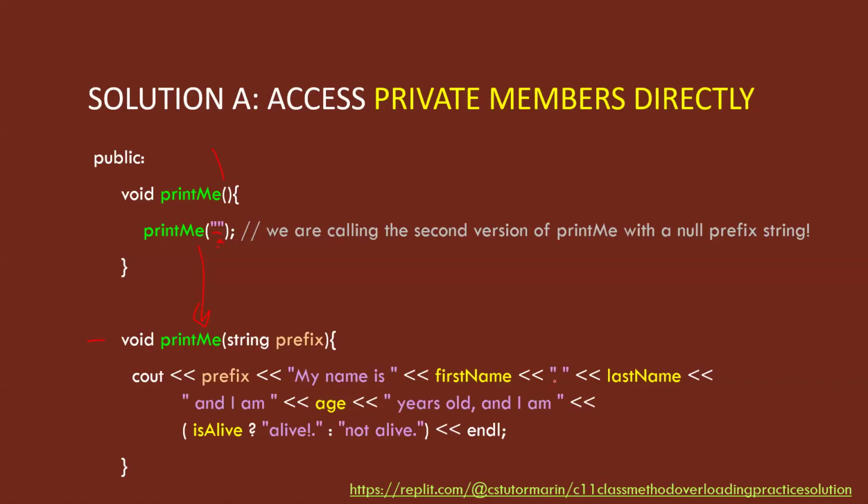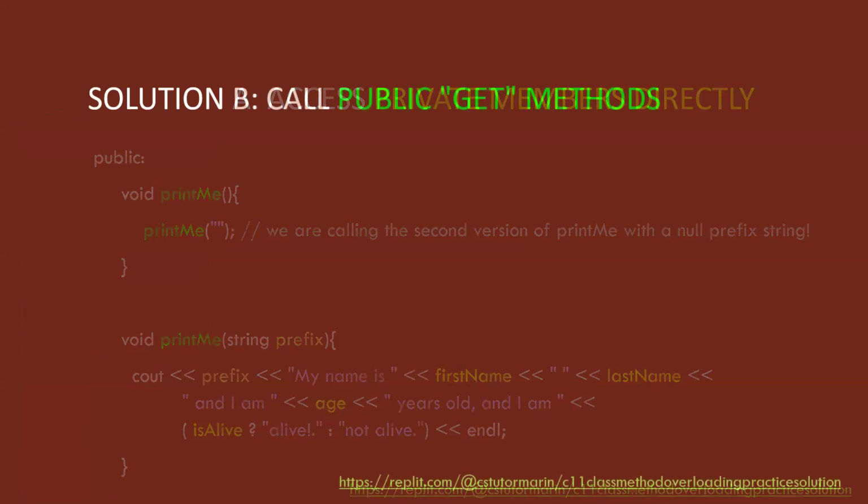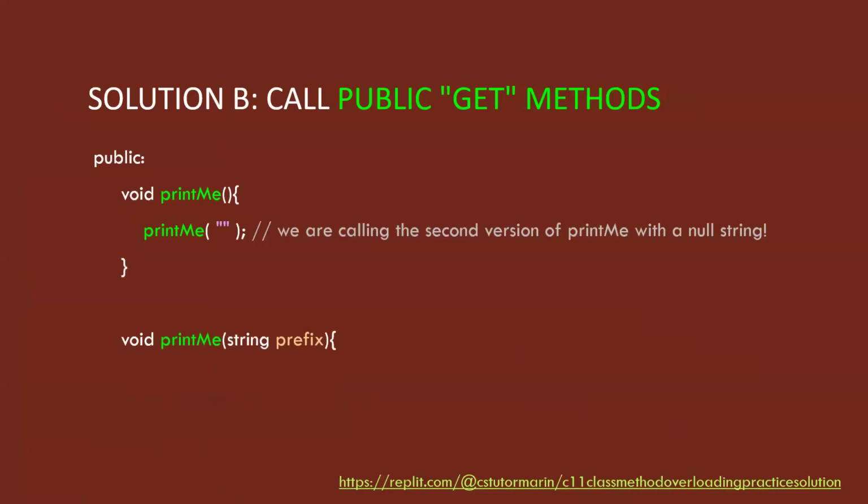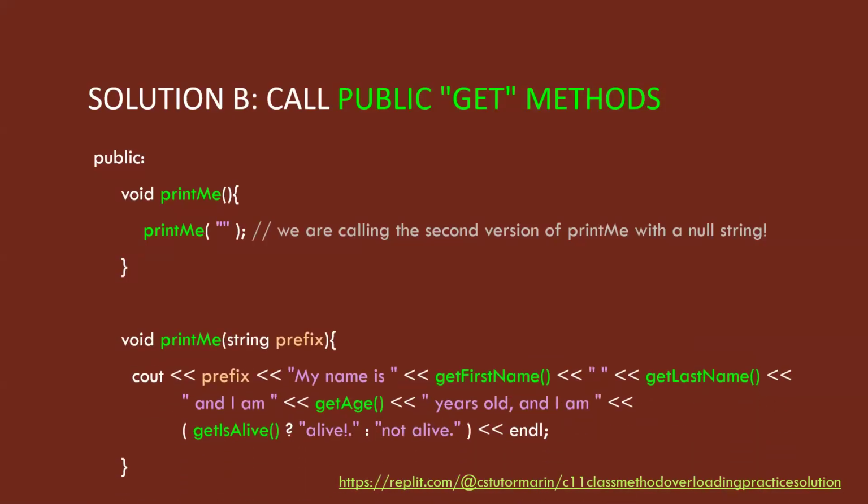And we're referring to our data members directly from inside of the print me, which is inside of the class. Okay, that's perfectly fine. Not the most optimal, right? The next evolution of this, it's called eating your own dog food, is like, hey, what if we decided to change first name to first underscore name? Well, if we change the data members, that's going to break our print me method. So why don't we just call our own methods?